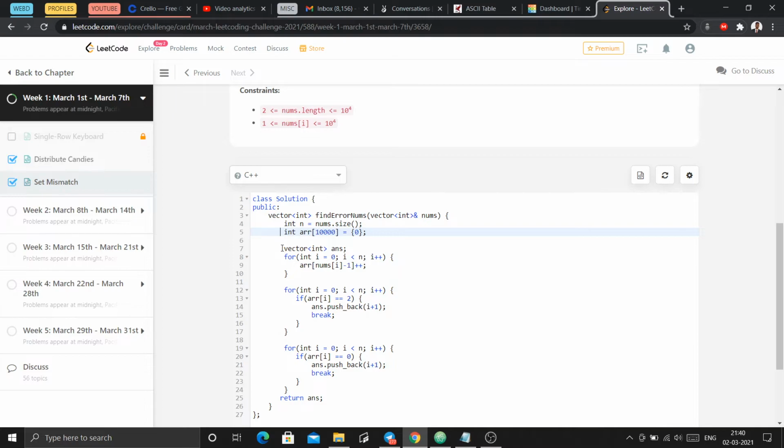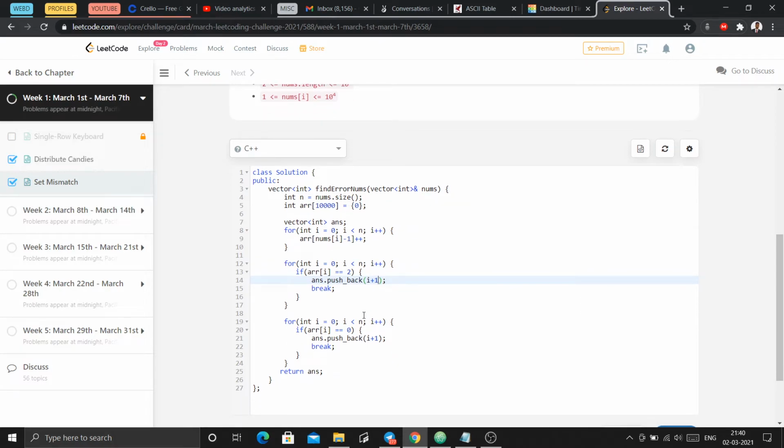This is the answer vector in which we have to push the answer. In this I am just storing the frequency of the elements. This is for the element with frequency 2. If I get frequency 2, then I will have the index, and I will add index plus 1, so our answer would be given.